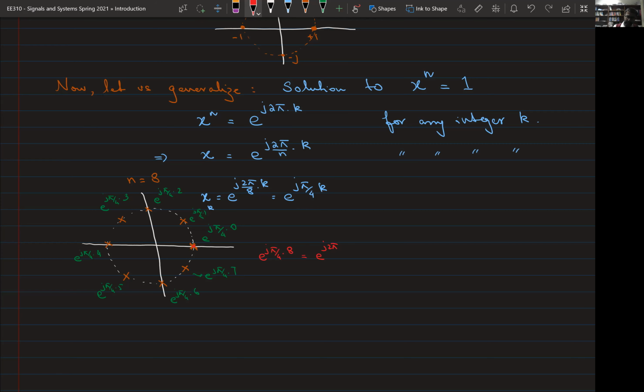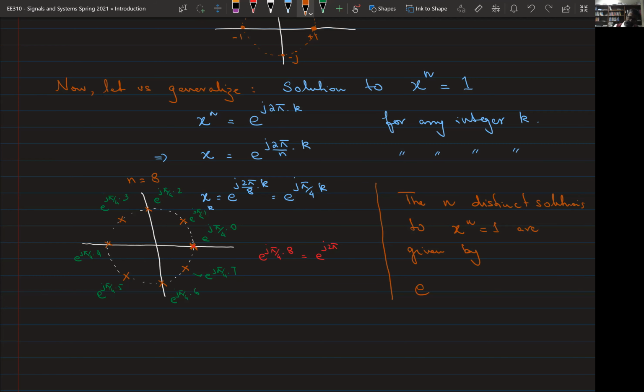Okay? So this is an important point here, so let me box this. The n distinct solutions to x raised to power n equals 1 are given by